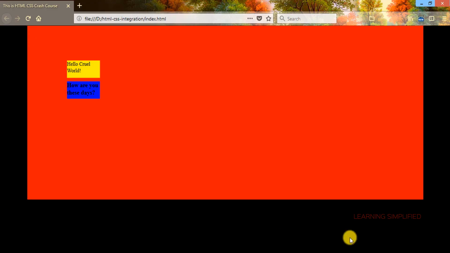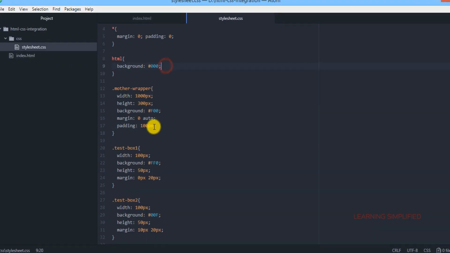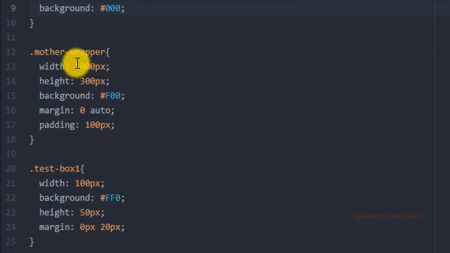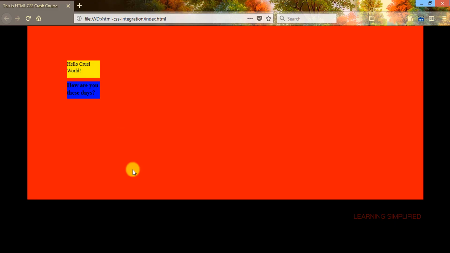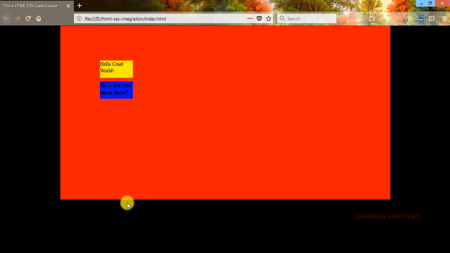That means if we do not wish to increase the width of this mother container wrapper, then we needed to make changes over here. We needed to deduct this 200 pixels from this extreme right and from this extreme left position. So that is why if we have provided here 800 pixels, now reload, and now we can see that this is indeed a 1000 pixels wrapper, but this is not a suitable thing to do in every case.